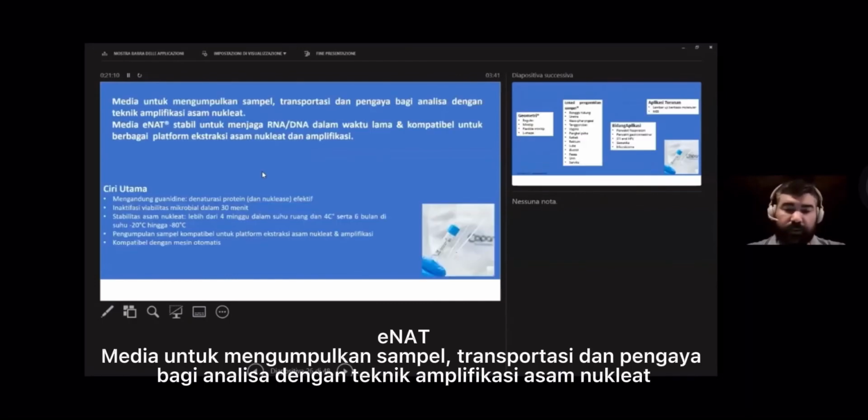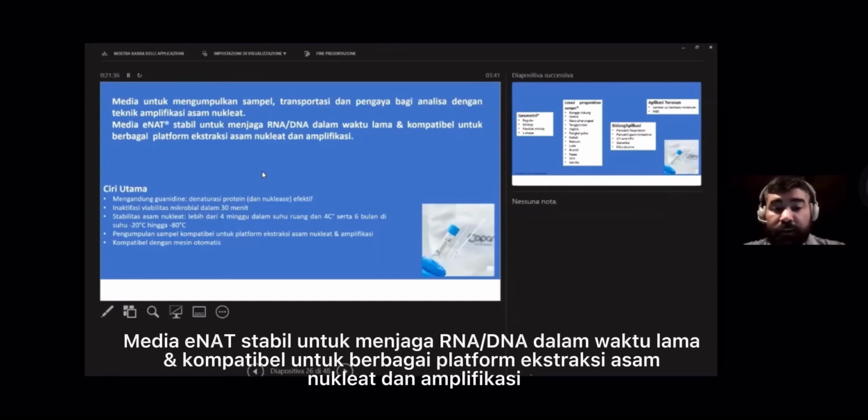The other one is Copan eNAT. Copan eNAT is different from Copan UTM simply because it is not just a transport medium, but mainly dedicated to RNA and DNA, so to the nucleic acids. In fact, this is a medium that allows to completely inactivate all the microorganisms present in the sample in 30 minutes. And the presence of guanidine isothiocyanate protects the nucleic acids from degradation,